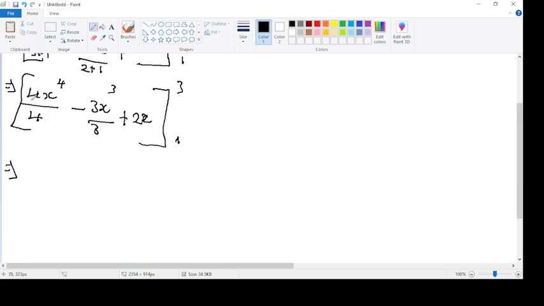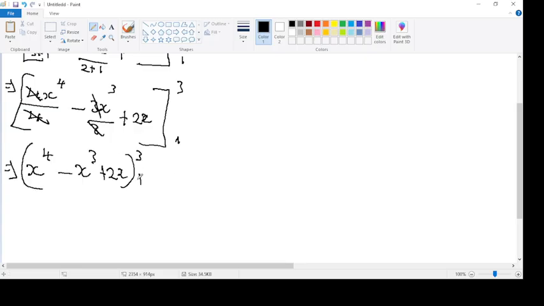Let me just try to simplify. We have a 4 and a 4, so this and this can cancel. We're going to remain with x. 3 and 3 can go. We're going to remain with x. So here, our expression, we are going to have x raised to power 4 minus x raised to power 3 plus 2x with the limits